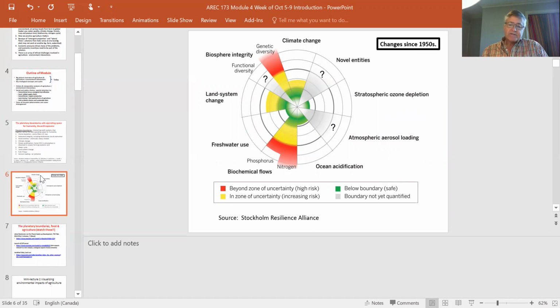We say, well, yes. We actually had a major ozone problem, and there was great concern about that about 30 years ago. And we've actually done a good job of dealing with it. We are living within that ozone depletion safe operating space for humanity. We're not making the problem worse. In fact, we may be making the problem better, which is surprising to us.